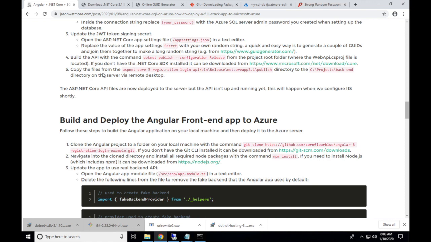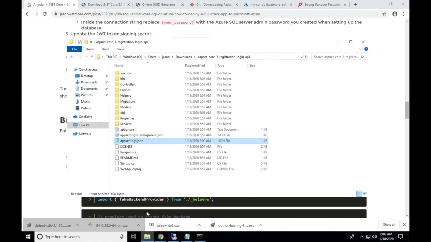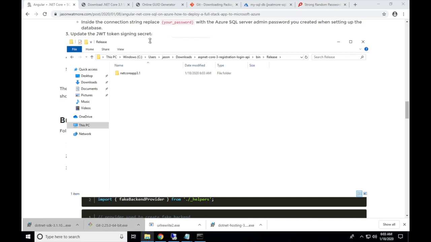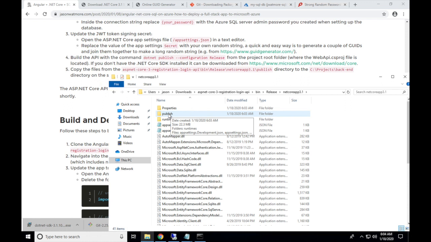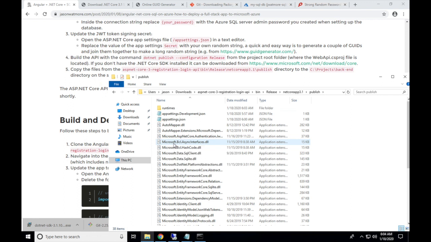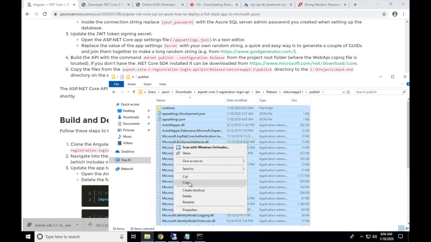Okay, finally for the API is to simply copy the files out of that published directory into a new directory on the server that we'll call backend for the API. So going over to the folder in bin release .NET Core 3.1 publish. So we want to copy all of those files,